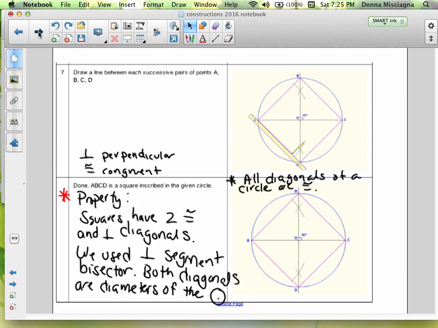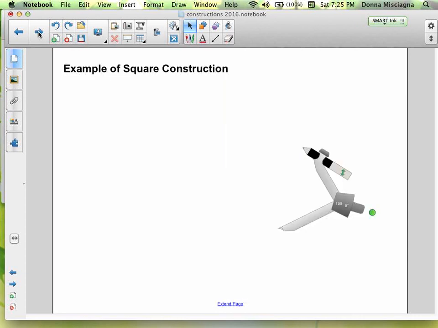All right, let's go through those steps. All right, so example of the square construction. I'm going to go through this with you. All right, so the first thing I need is a circle, and I'm going to center my circle right here